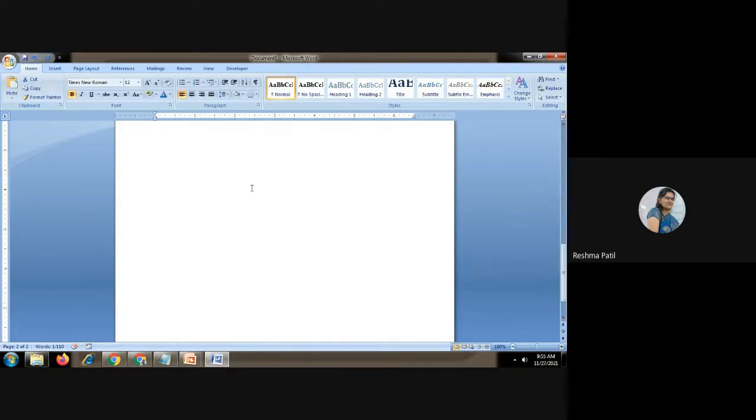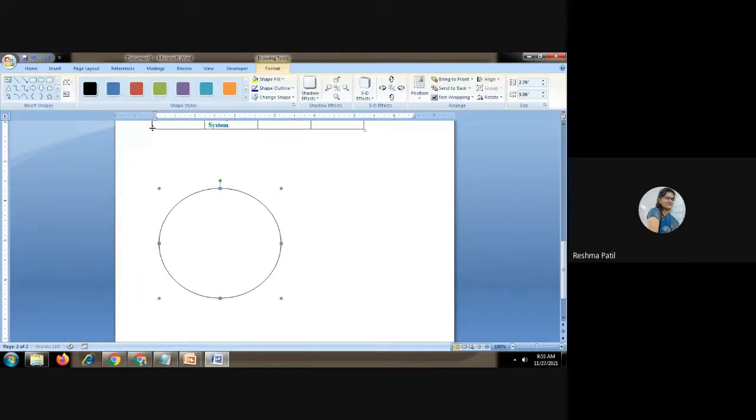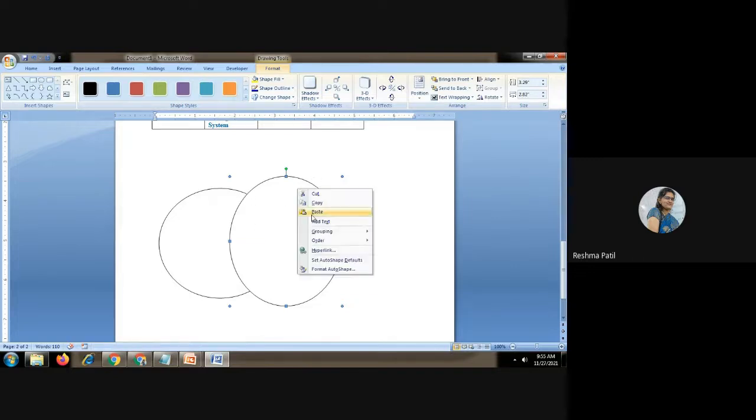If you had maths in 12th, at that time we were using union operations like this. In maths, we were using the union operation. Now what are the common values that we have to write in between? In this, there is an intersection. In this part, this is the common part for both circles. In this common part are the values that are common from this side and this side.